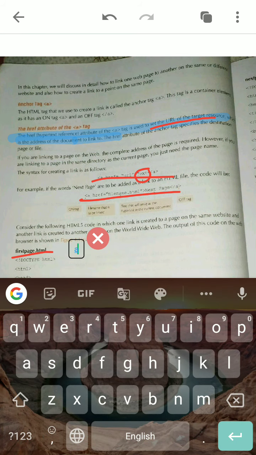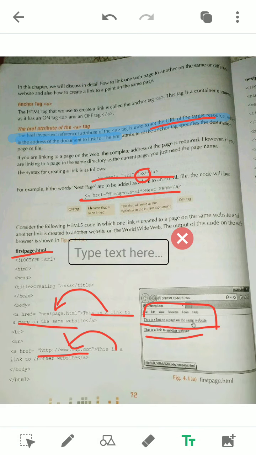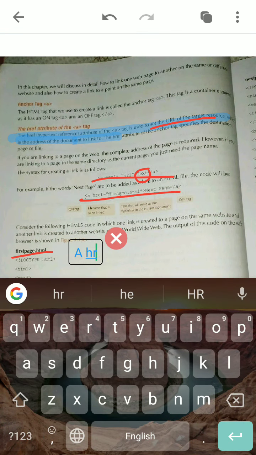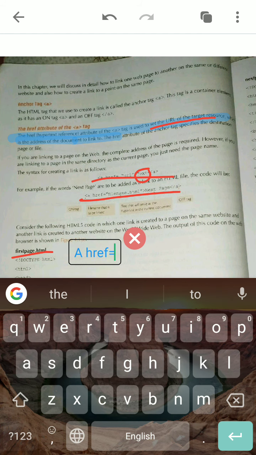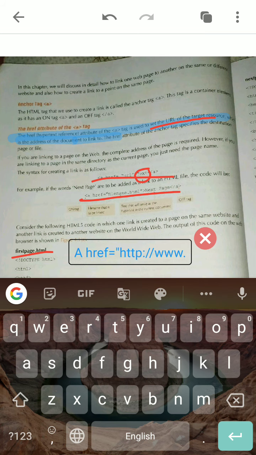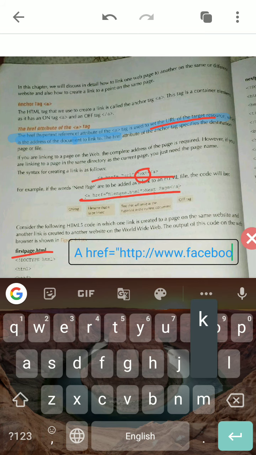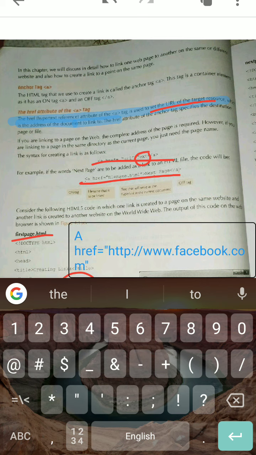If it is written a href equal, quotation, http colon, then www.facebook.com, .com, quotation completed.